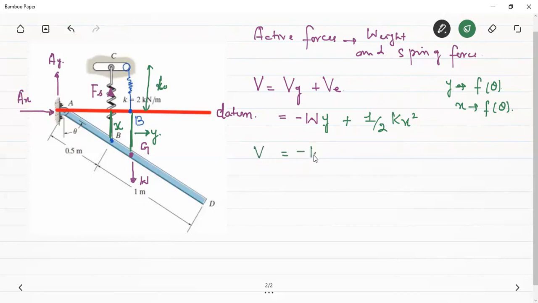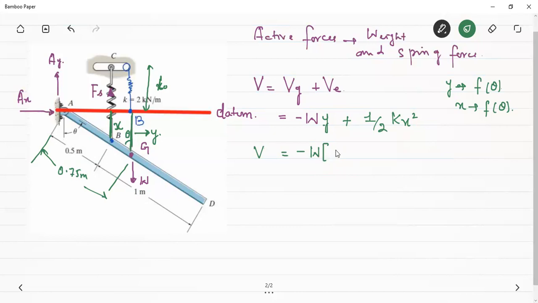Now it's quite easy. The potential energy function will be equal to weight multiplied by this distance. One can clearly see that if this is theta, then this angle is also going to be theta. And this center of gravity will be at a distance of 0.75, that is, this inclined length of the center of gravity from the point A is going to be 0.75 meters, because this is a homogeneous or uniform bar, and the total length is equal to 1.5 meters. So one can clearly see that this distance is going to be